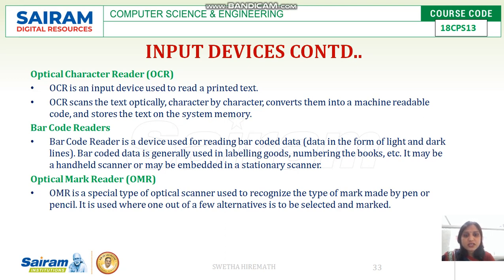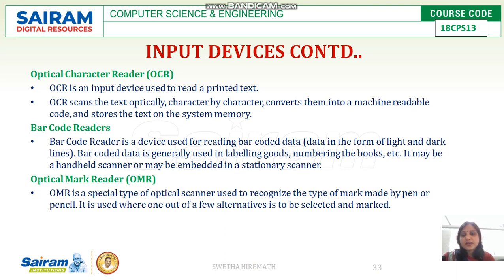Once the barcode reader identifies that barcode, its particulars, like the cost of that item, the name of that item, and the quantity of that item, everything will be displayed. The data regarding that particular item and the cost will be displayed, and this makes it easier to bill the items we have purchased from supermarkets or any other markets. So that is about the barcode readers.